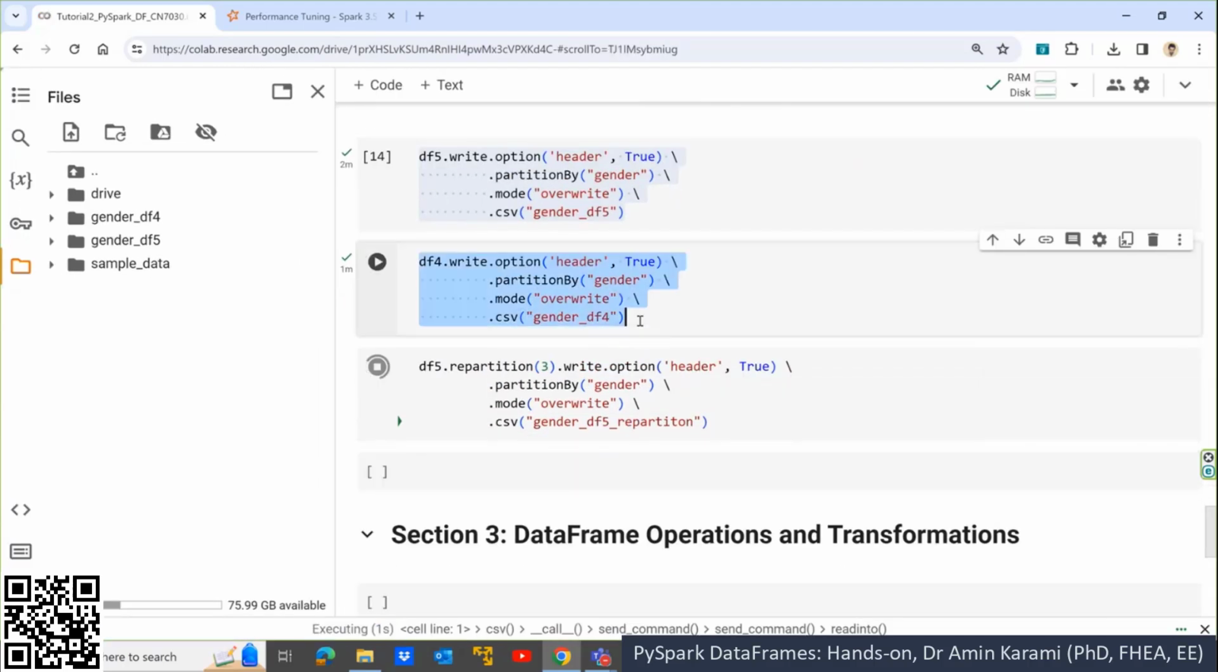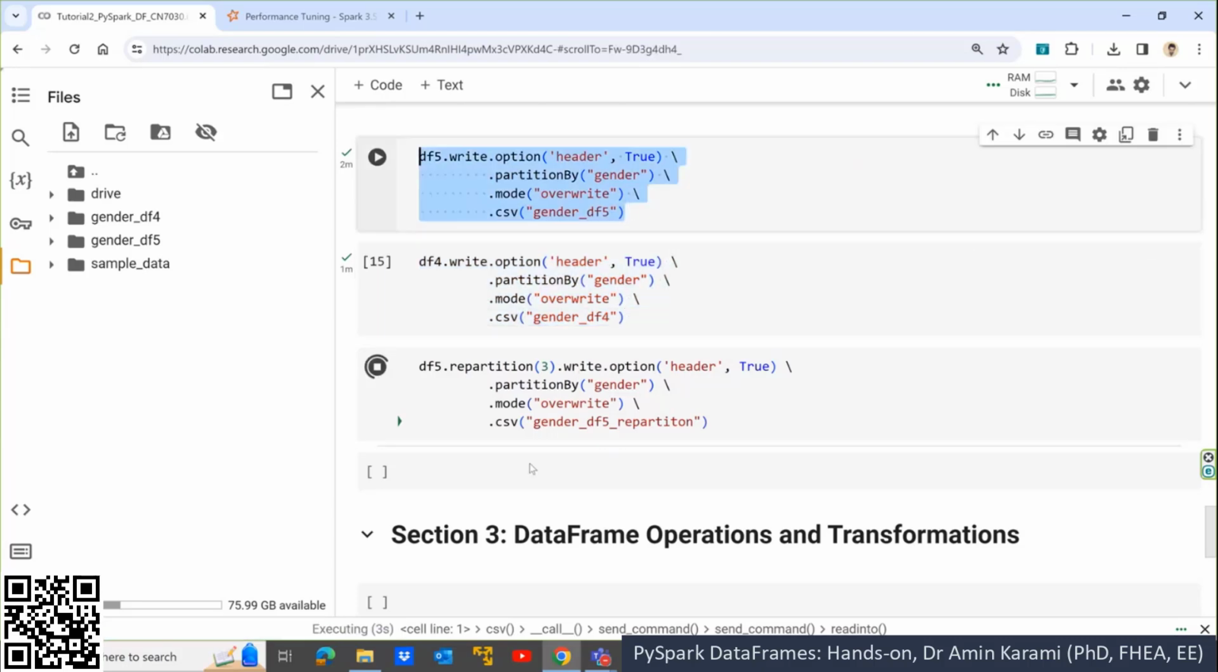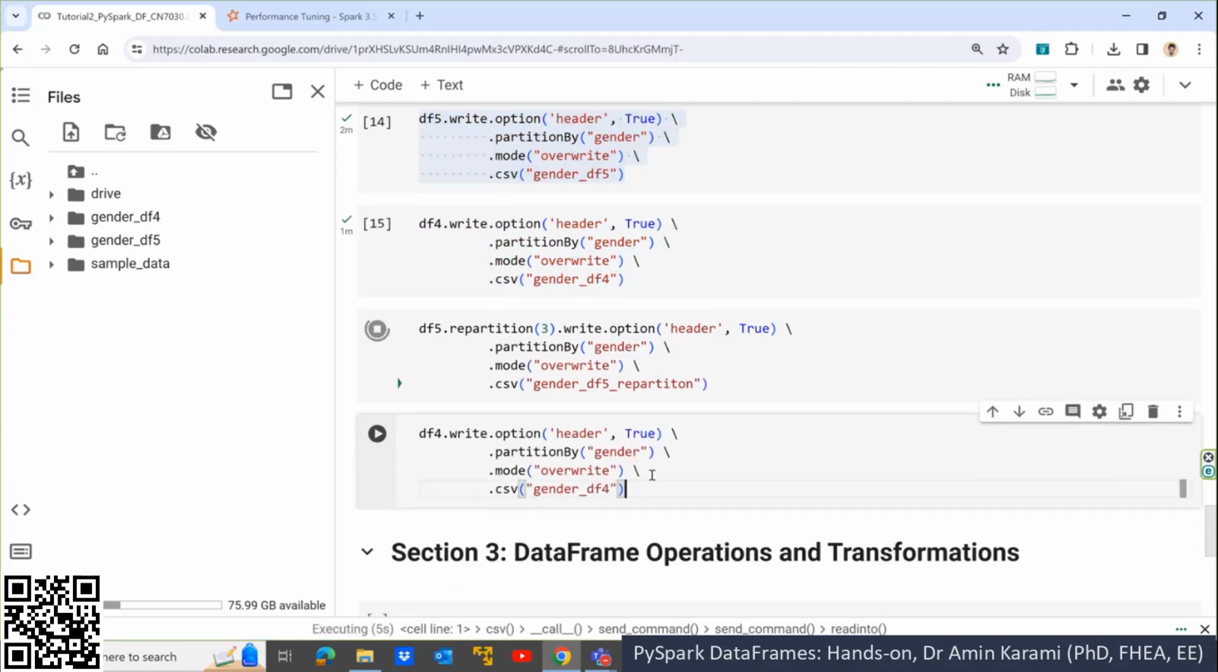Also for this one, I'm going to copy this one and paste it here. But for data frame 4, we have 4 partitions. This is a healthy number, because 2 partitions was reasonable. Might be at this case, it's better to